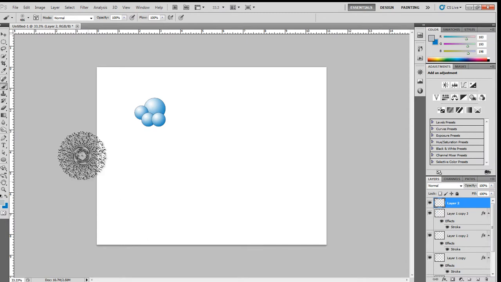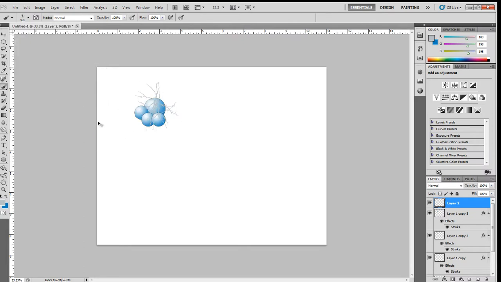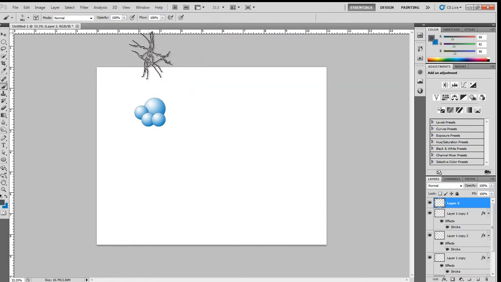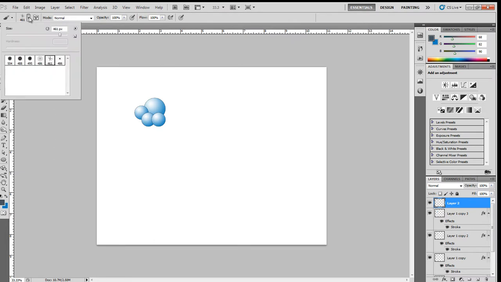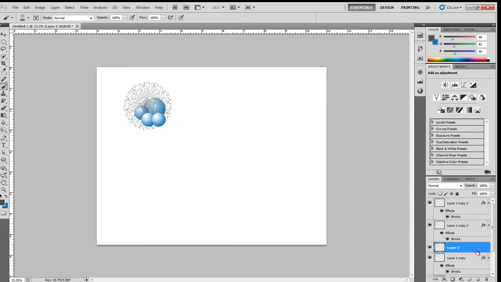A little too faded for me, so what I'm going to do is a Control Z to undo, and we'll see what this one looks like. Maybe my color needs to be a little bit darker. Maybe that would help. I'll go back here. There, something like that. And then I'm going to move this layer down so it's behind